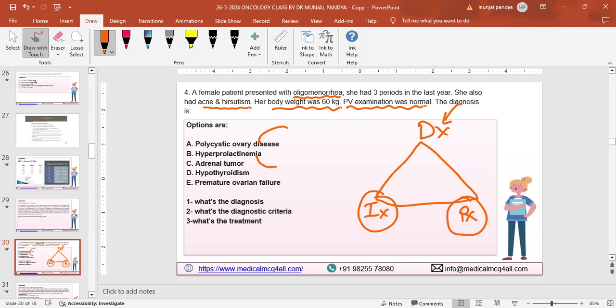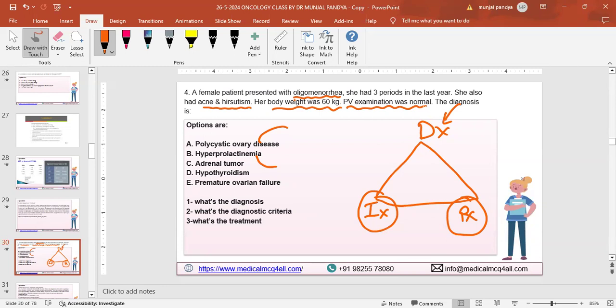If it is hyperprolactinemia, then how would this patient present? What's your impression of a hyperprolactinemia patient? Like an MI patient: any MI patient who comes to me would be 40 or 50 years of age, obese, smoker, hypertensive, diabetic, with family history, cholesterolemia, past history of acute MI. The patient has severe chest pain. I will do ECG, I'll do enzymes and diagnose. This is my impression in mind before the patient comes to my OPD. So what's your impression in your mind of hyperprolactinemia?